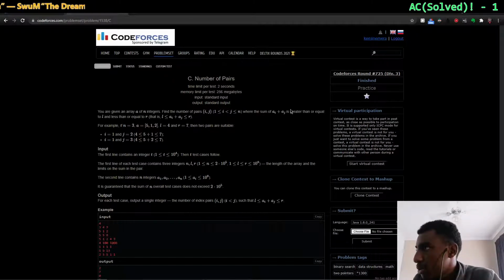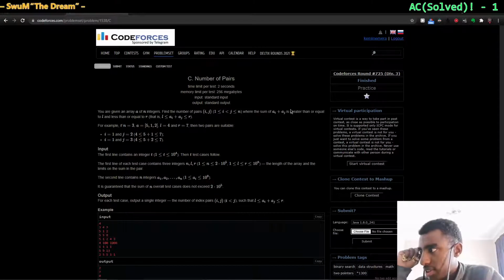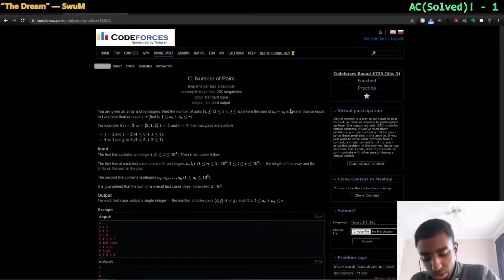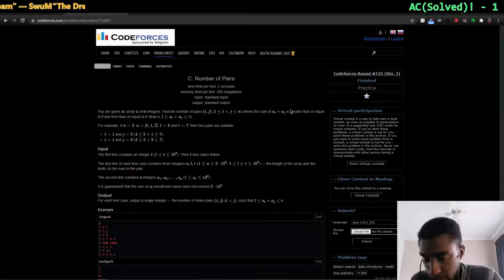What do we know? We know that i has to be smaller than j, so we can't necessarily sort the array. And then the rest of the values have to be in some range. What if we just don't sort it? So what if I keep it as it is? So say in the second example, 5, 1, 2, 4, 3, we hold the prefix sum,